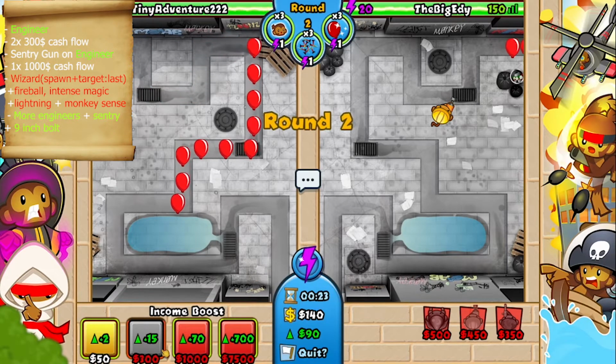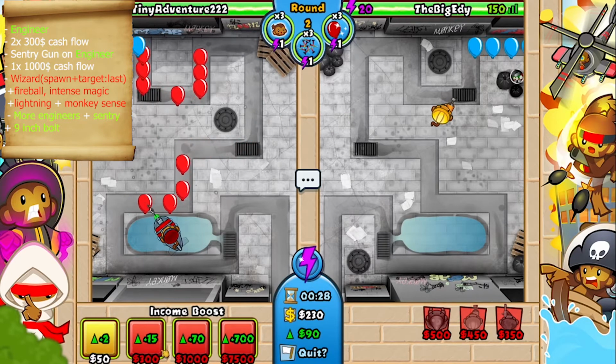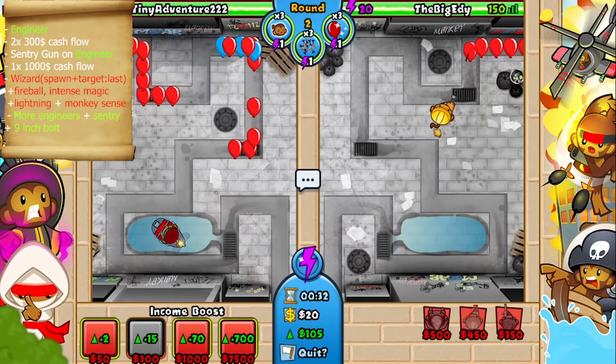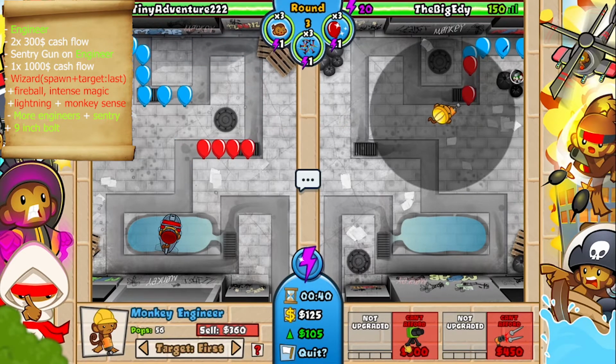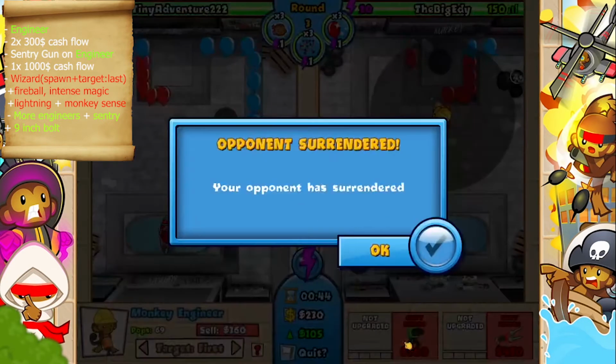So first thing you do, put the Engineer and then get an income boost of 300, which you just saw me do. As soon as you can, get the second one as well. So yeah, as soon as you can, get the first and the second $300 boost. So Engineer, then two $300 boosts. And then after that, we're gonna upgrade the Engineer, make him...